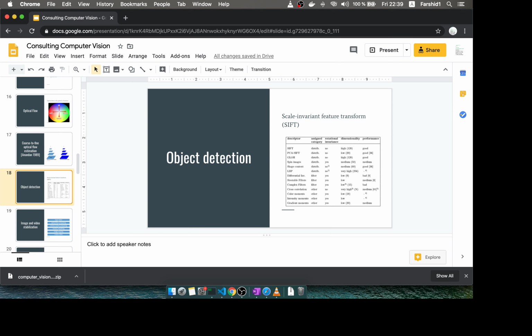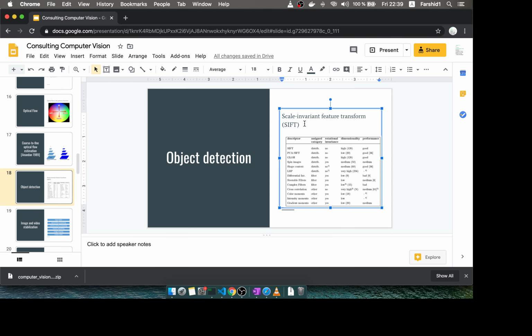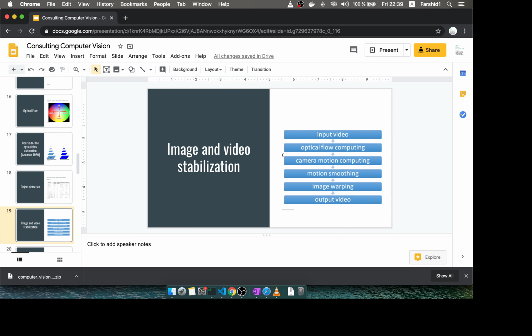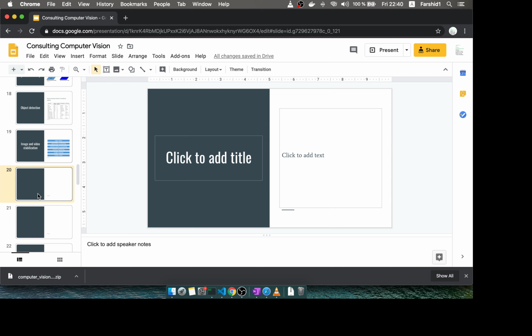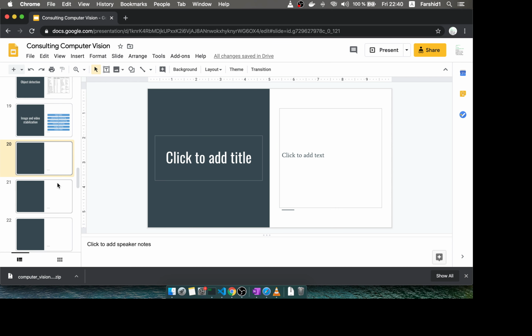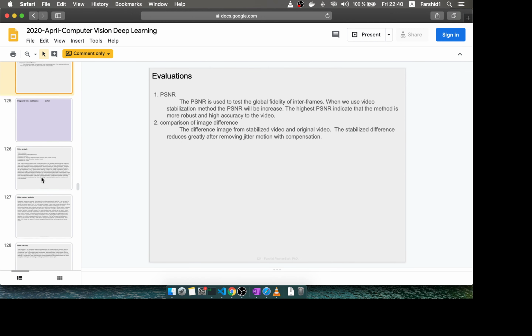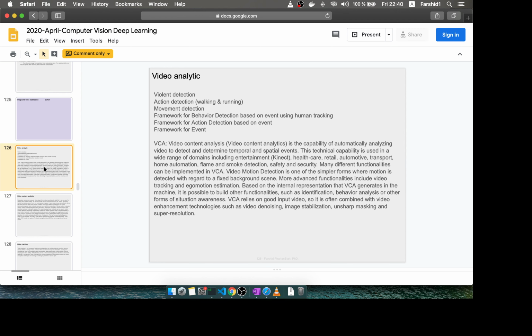This object detection from the traditional computer vision, one of the famous methods for the object detection on that area is SIFT, but recently we have many different object detection based on the deep learning, video and image stabilization, and now let's continue. Video analytic goes to,